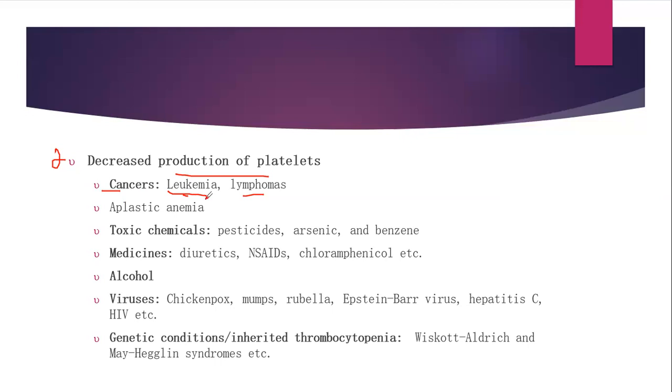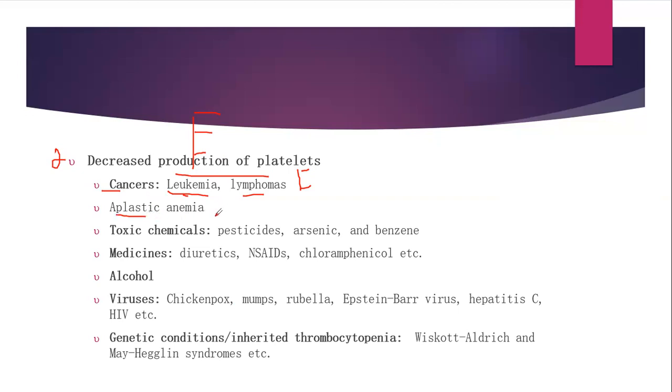And there are further subtypes of leukemia and lymphomas as well, like Hodgkin lymphomas and non-Hodgkin lymphomas. There are different types of leukemia, like myeloid leukemia and lymphoblastic leukemia, etc. So due to these cancers, the production of platelets is decreased. Due to aplastic anemia,